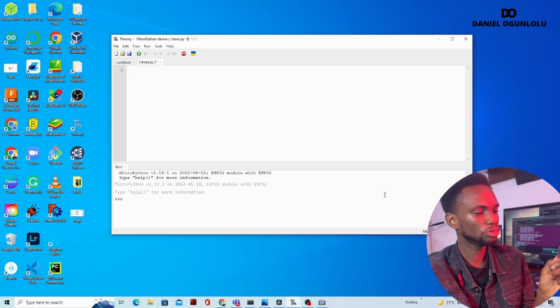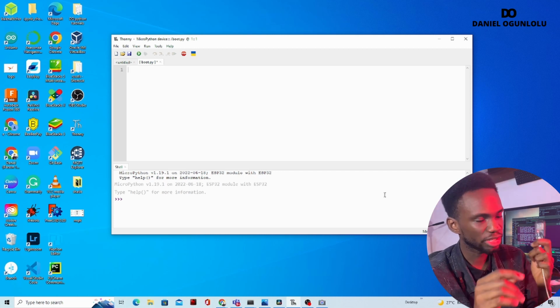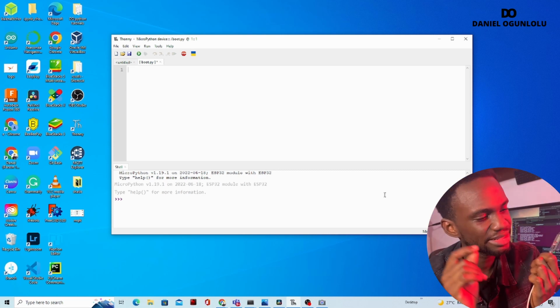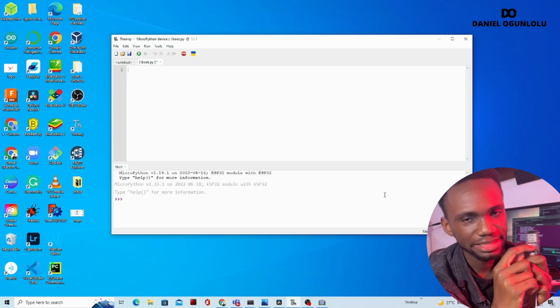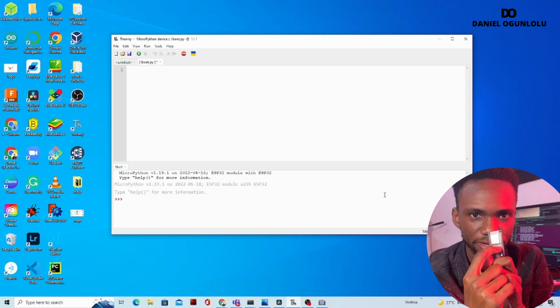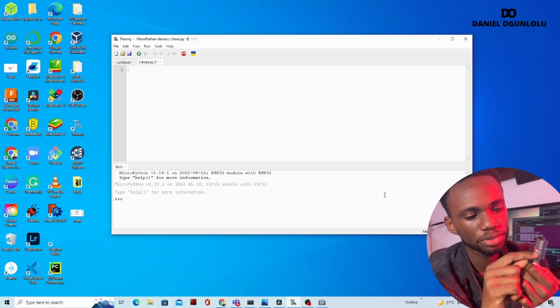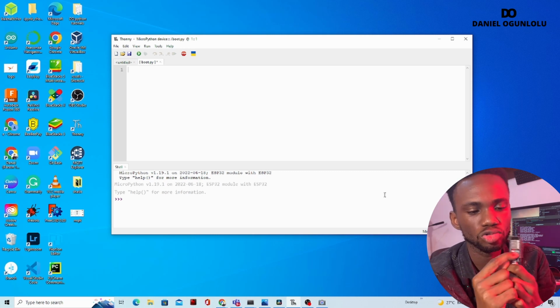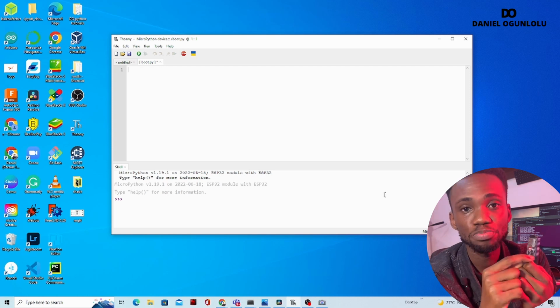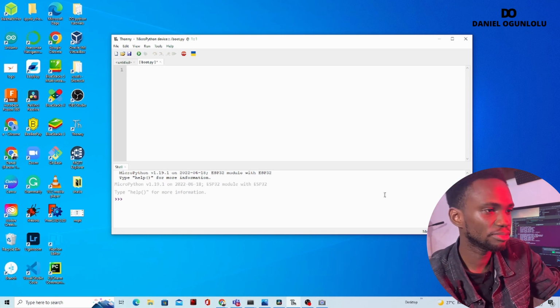Now, if you take a closer look at this ESP, you will notice that there's an LED chip here. And that LED is actually connected to one of the pins here. It's connected to pin 2. So just to confirm that,